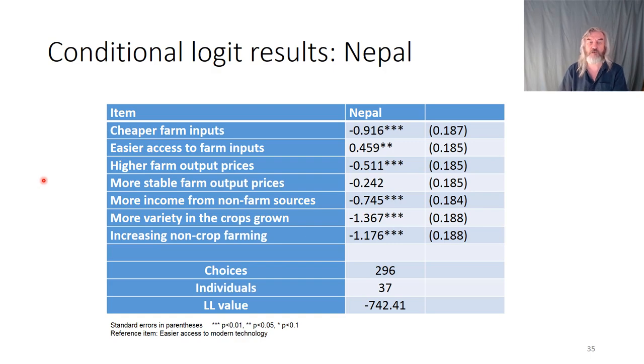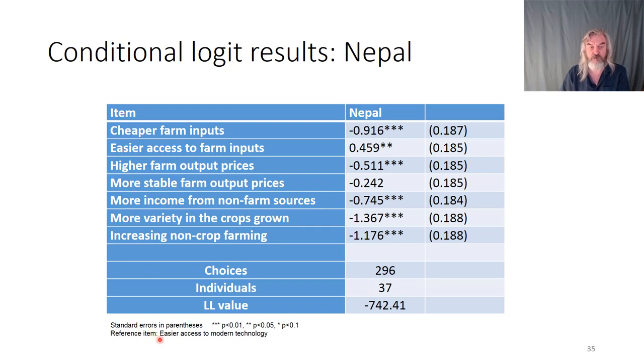We go and do the conditional logit results. We had it from multiple jurisdictions. These are the results for Nepal, and you can see that here we're getting estimates for 7 of the parameters. There's one being dropped, so it's the base. So these are all relative to the base. Easy access to inputs was seen as being the most important, and then all the relativities are around that. Relatively small sample, we only had 37. This was an expert sample, so it wasn't a large population, but still we can get significant